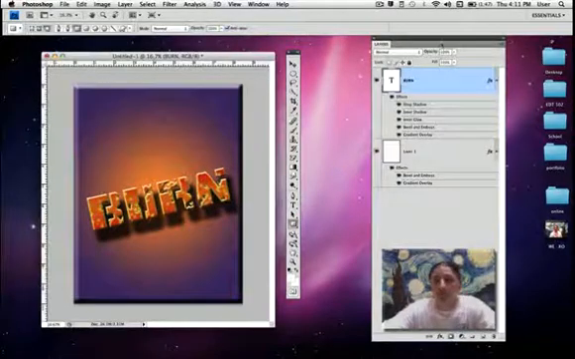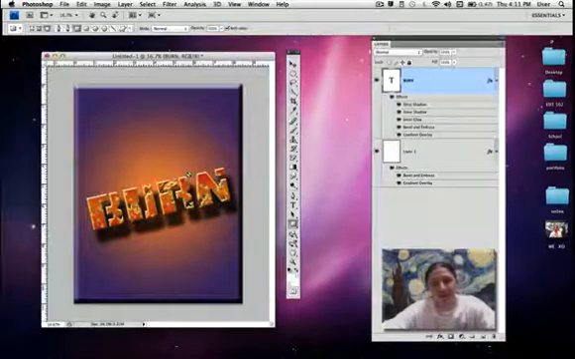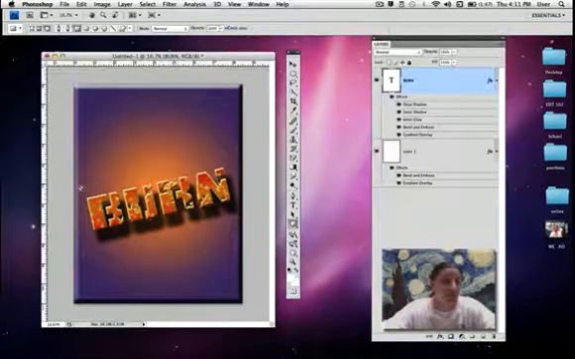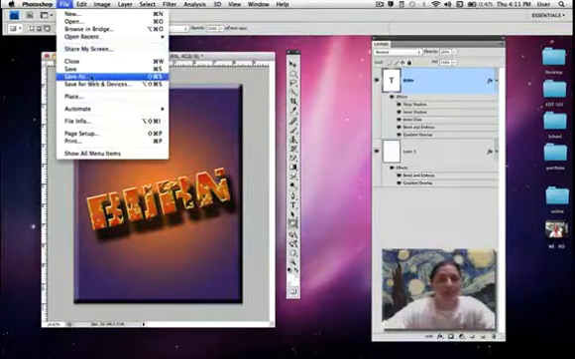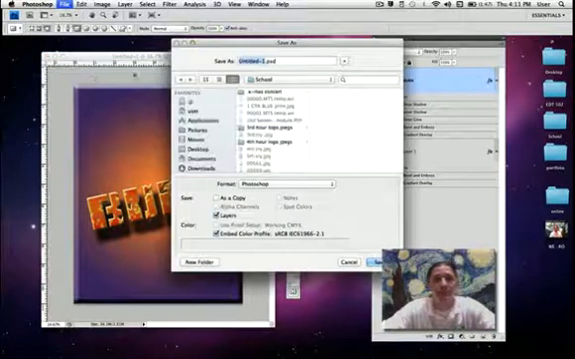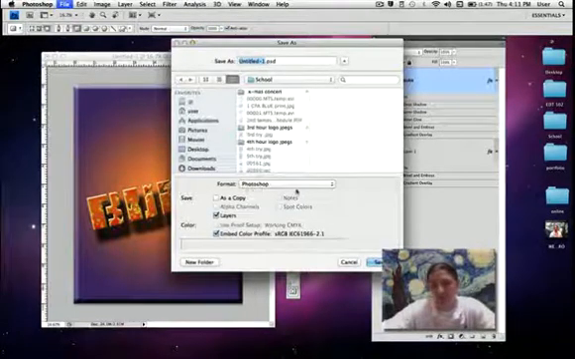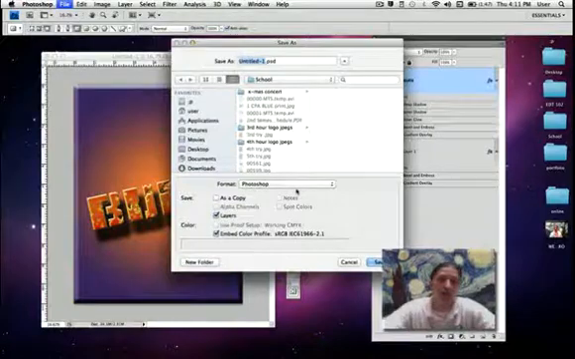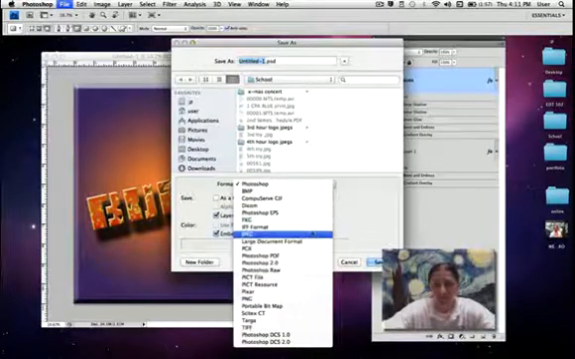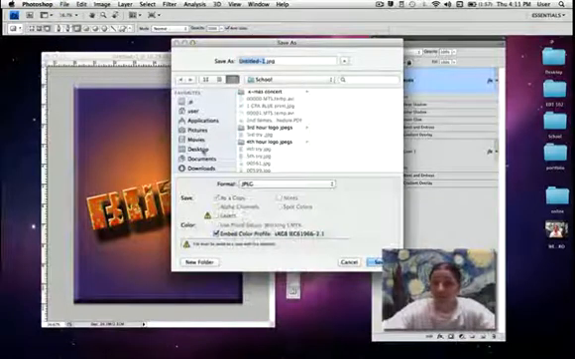At this point, my font is starting to look a little expressive and very dramatic. So what I'm going to do now is save my file and upload it to the class. So I'm going to File, Save As, and it opens up my Save As window. Right now I have a Photoshop document, and most computers aren't going to be able to read Photoshop documents, so I'm going to switch this to a JPEG. And I'm going to save that on my desktop,